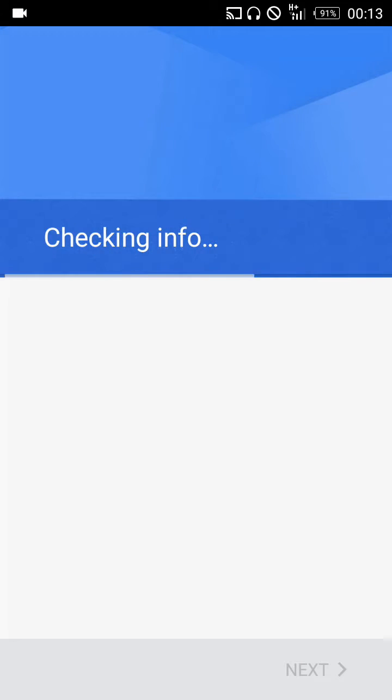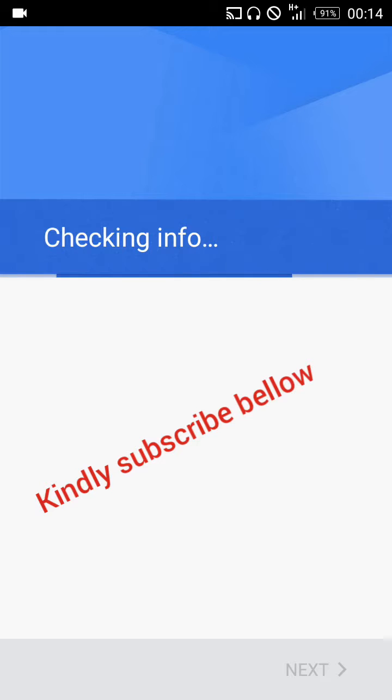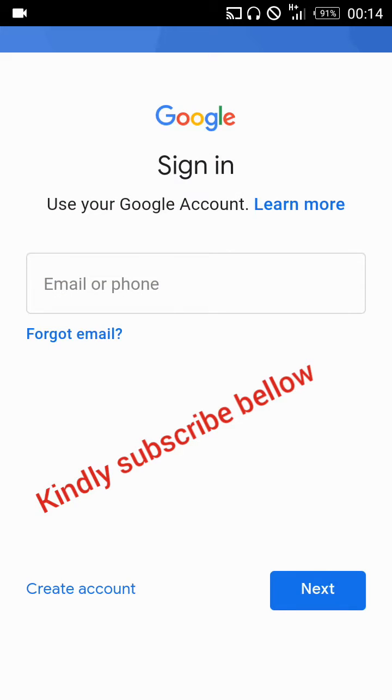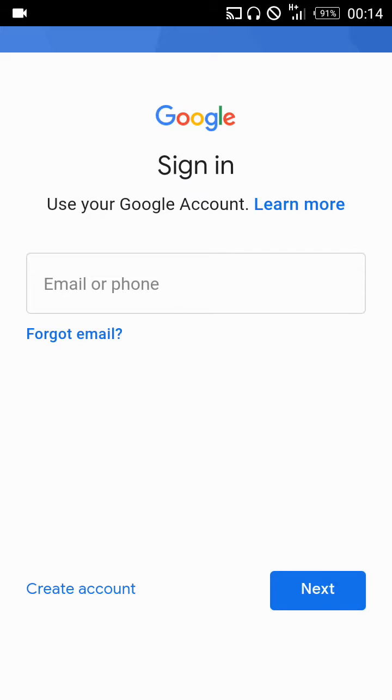While it's checking, I'm so interested in Gmail because having a Gmail account will give you access to so many things like creating a YouTube channel, saving your content on Google Drive, and so many things. So here it will ask me to either sign in or create account. So I'll click on create account,